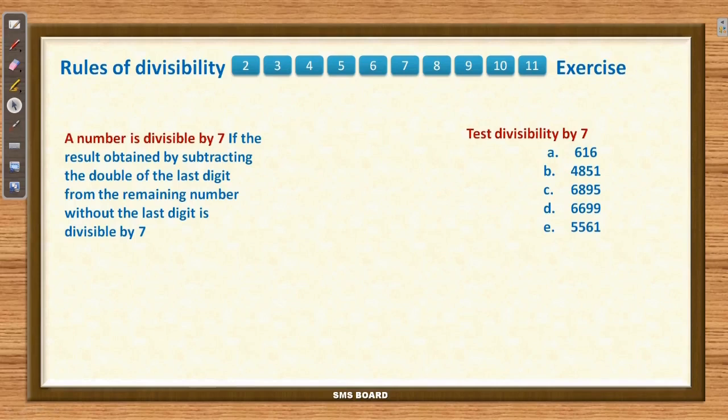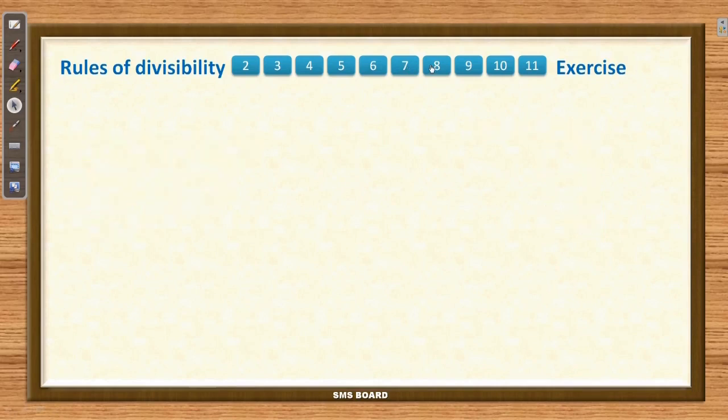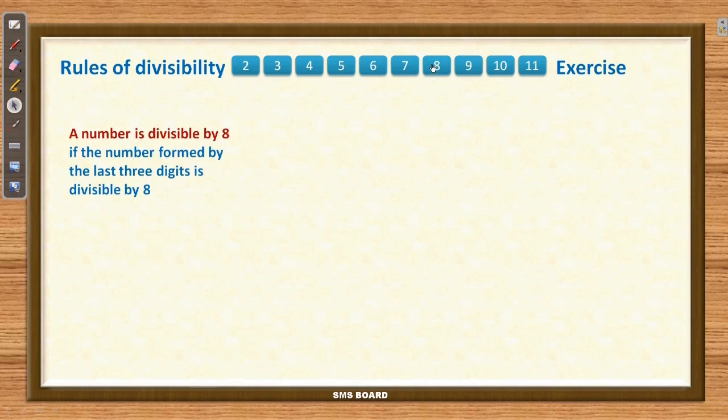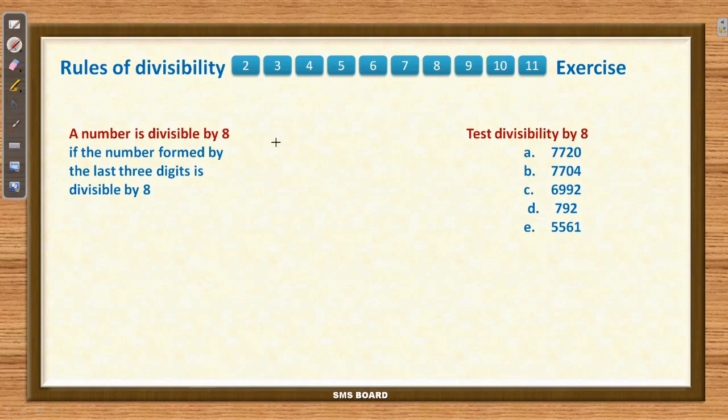Let us learn the divisibility test by 8. What is the rule? A number is divisible by 8 if the number formed by the last 3 digits is divisible by 8. Let us discuss some problems in the exercise. Here the first number is